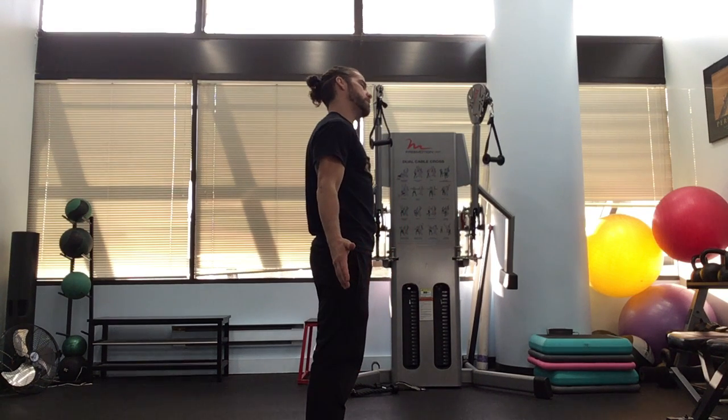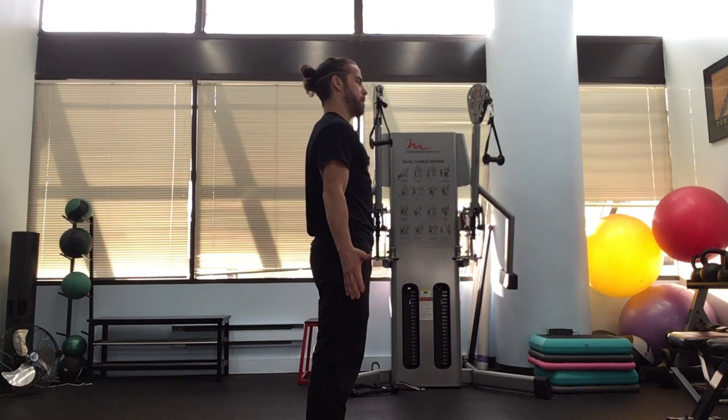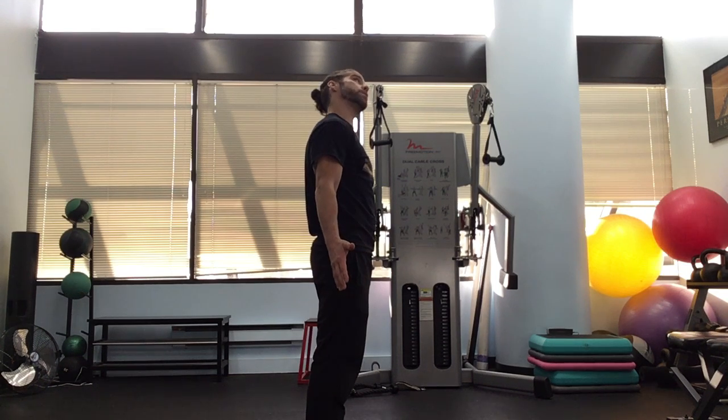Okay, so again, I'll show you from the side. I'll show you that one. Tilt and look back. So from the side, here's all three of them. Shoulders pushing down, tilt to the side, stretch 1. Stretch 2, tilt to the side, look down. Stretch 3, tilt to the side, look up. So you want to hold all those stretches for 30 seconds apiece,